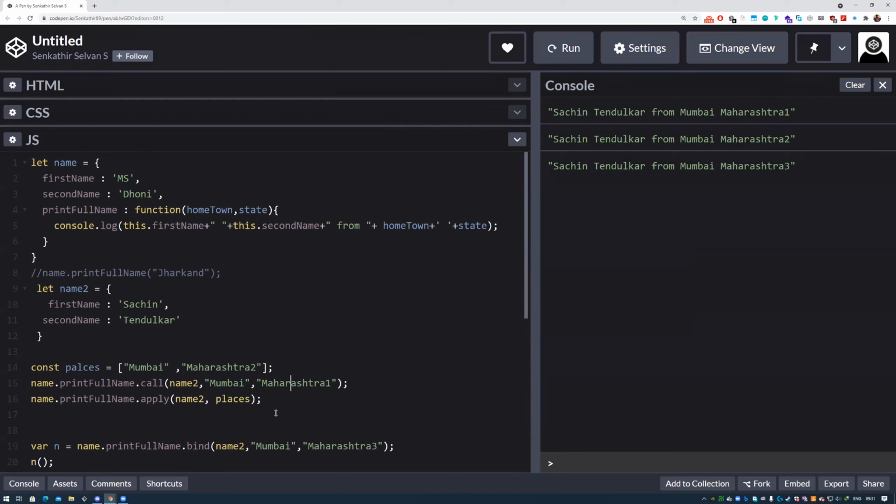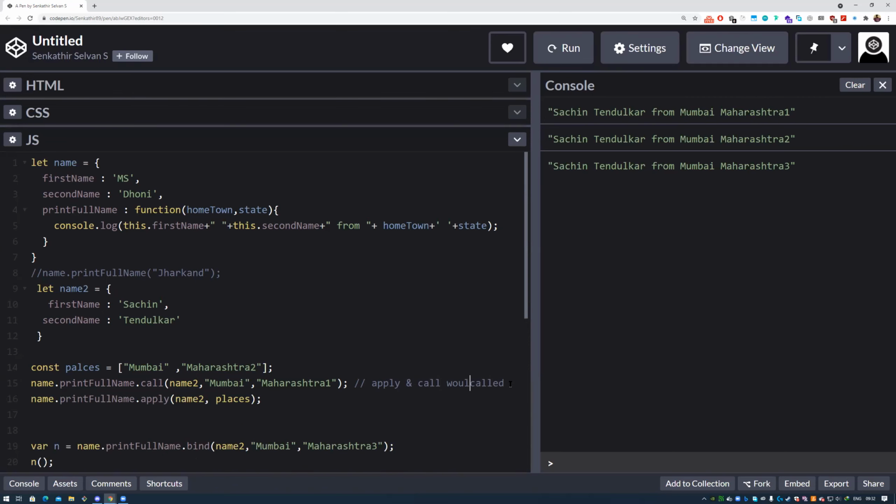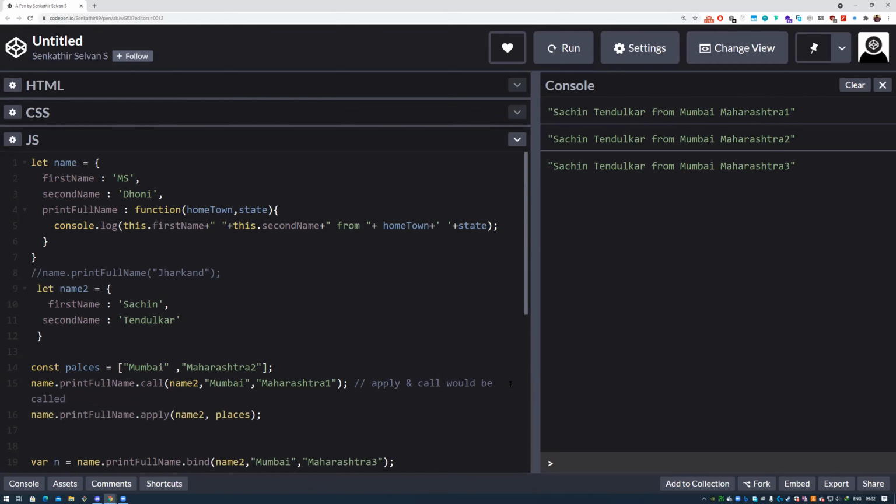That is the difference between these two. Both apply and call will be executed immediately.